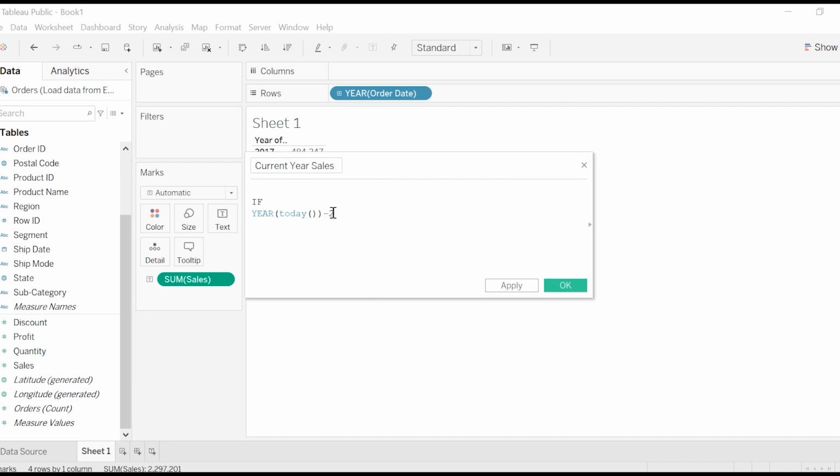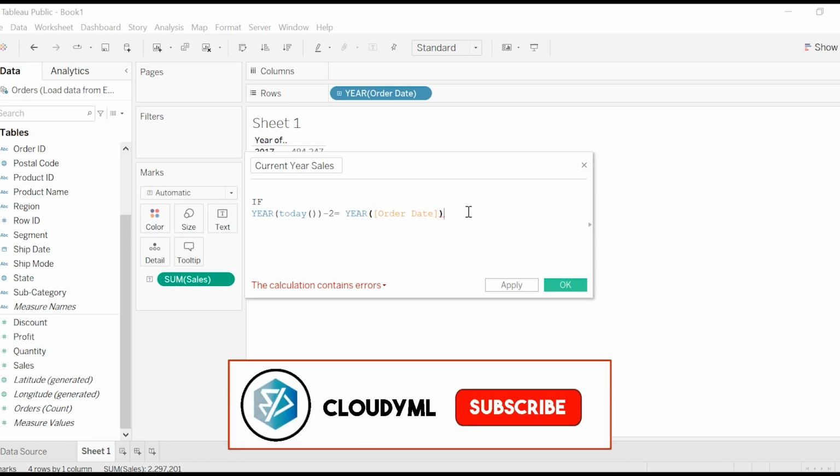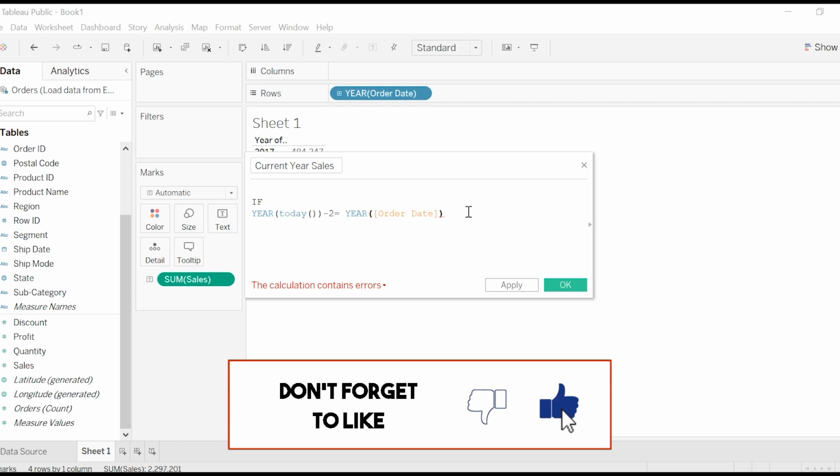So we have to deduct 2 from here so that I can get the sales of 2021 is equal to year of order date. So what I'm telling you, if year of today minus 2 is equal to year of order date,